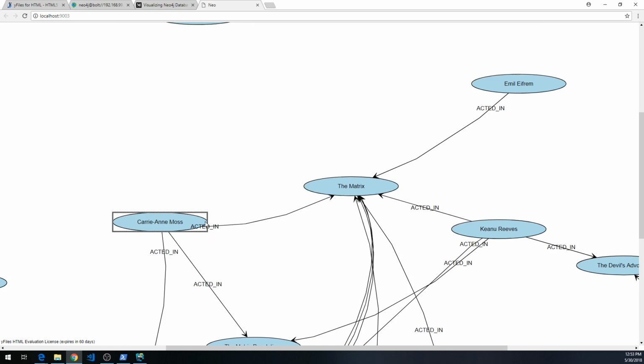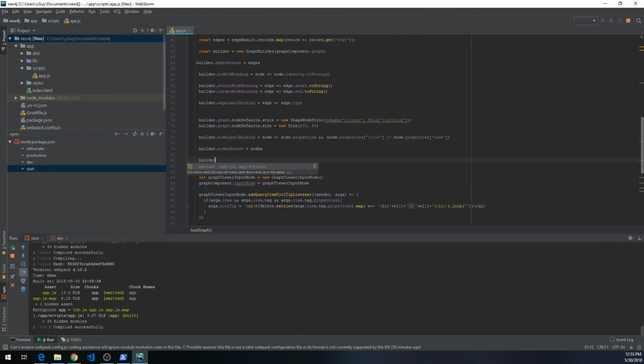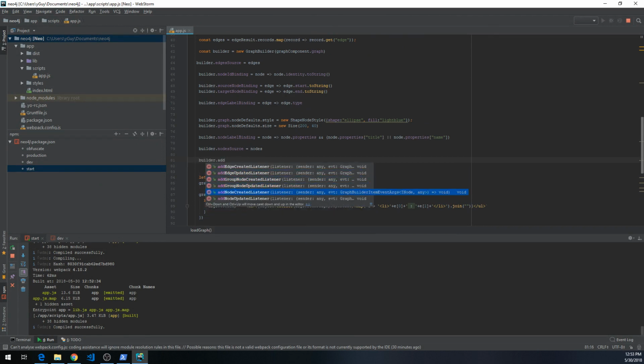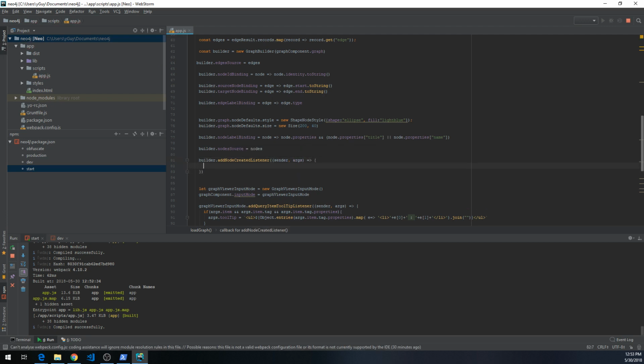So let's change the appearance of the movie nodes so that it's easier to see which ones are movies and which ones are regular actors. So how will that work? The builder class is responsible for actually creating the nodes, and it offers events that we can listen to. So let's just listen to the event whenever the graph builder creates a new node, and